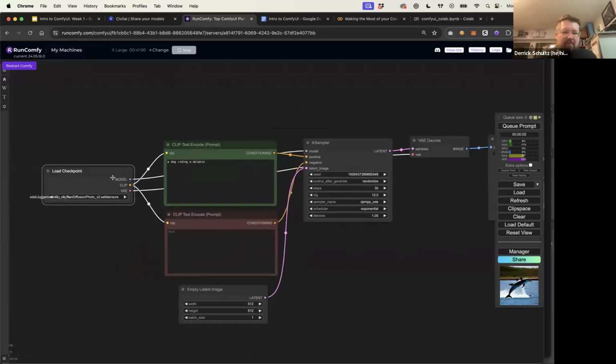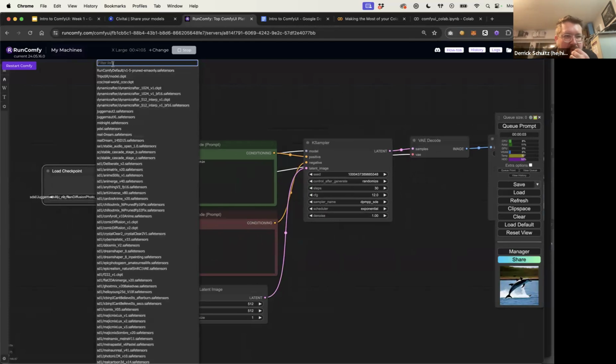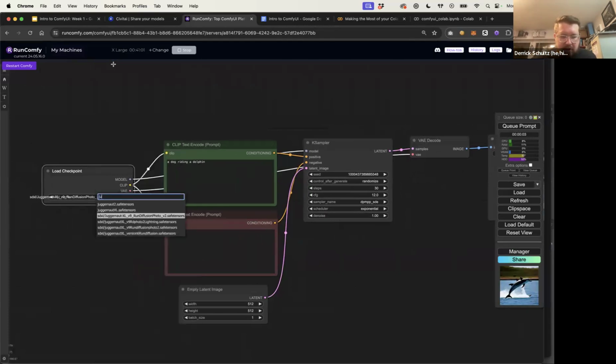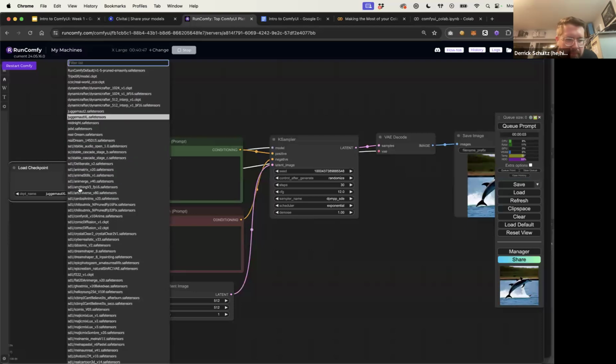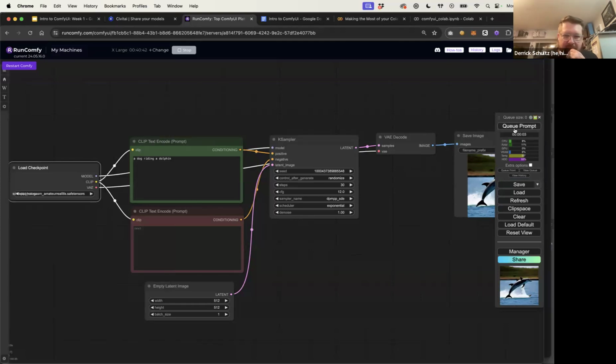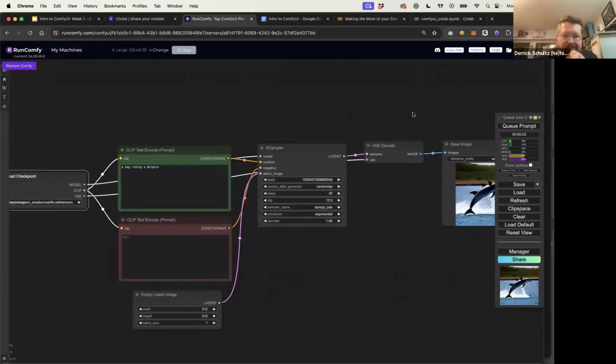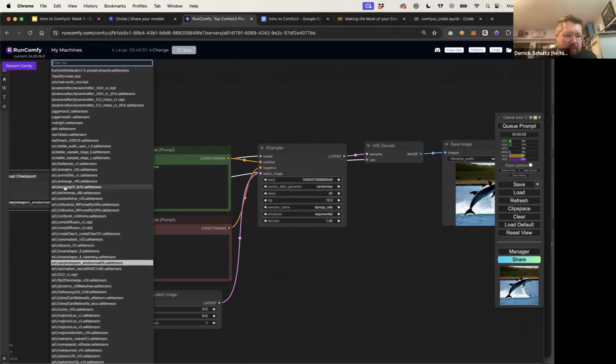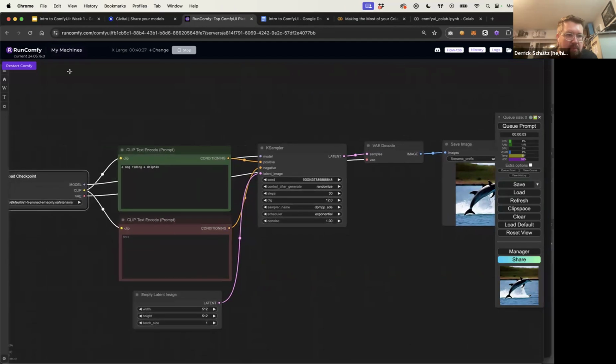What happened here? Let's see. Juggernaut. Did I use the wrong one? Juggernaut XL. Let's try this one. Try a different model here. I should see a green box around this. I don't know what's going on right now. Back to this one.